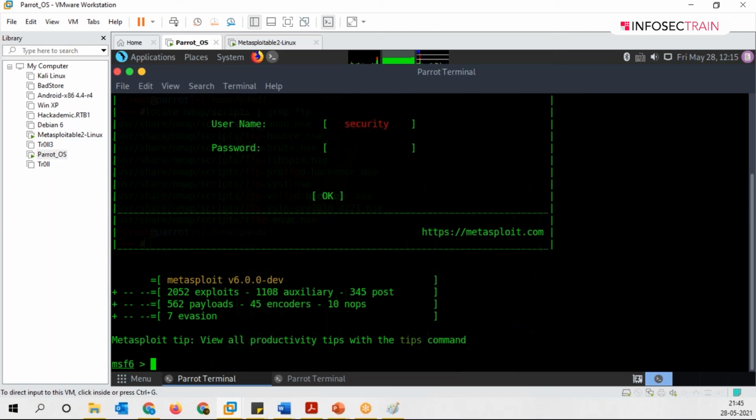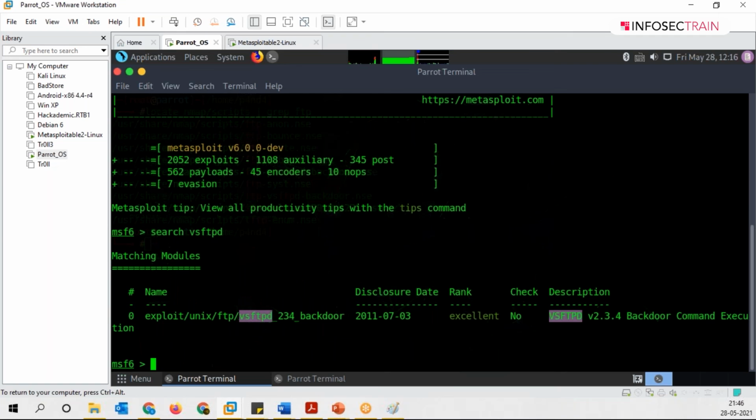So in this, we will try to exploit the version of FTP in your Metasploitable machine. What I'm targeting is an exploit regarding that particular version, with the name vsftpd. So I'm trying to search for it. If I hit enter, we are lucky enough to get just one single hit, which is regarding the vsftpd 2.3.4 backdoor. Can you see in the description it says vsftpd version 2.3.4 and it says backdoor command execution.